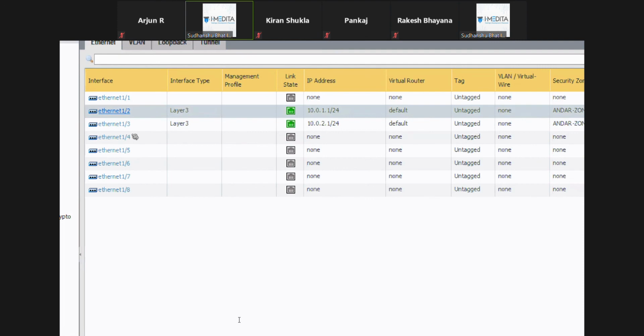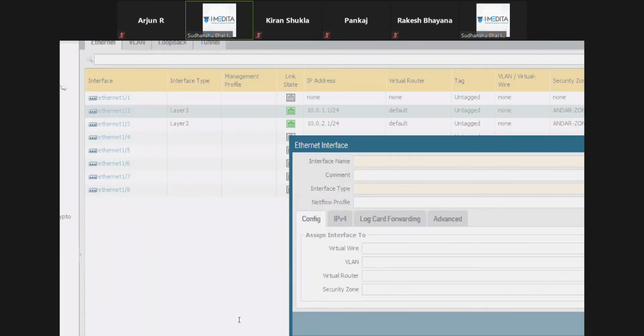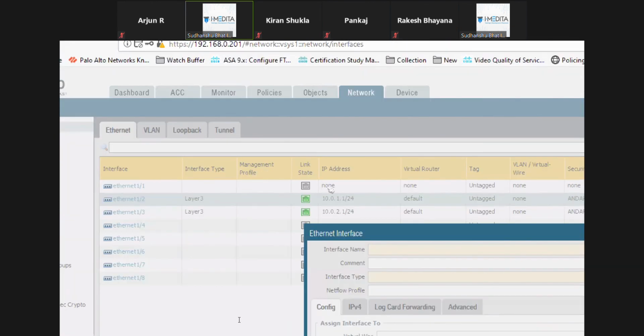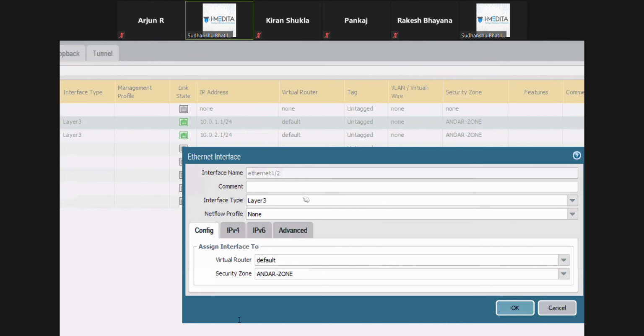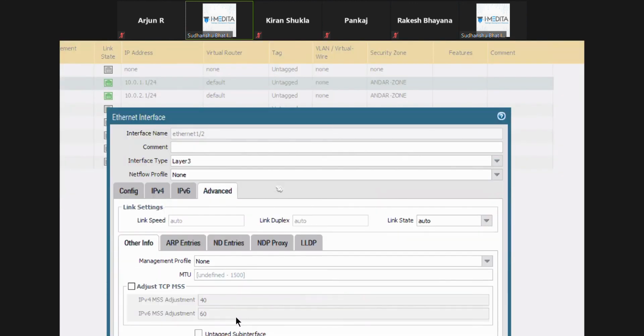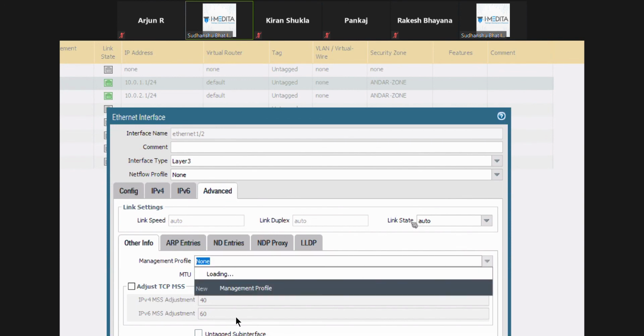then you will have to modify something here. Okay. I'll go back into Ethernet 1/2. I'm still in the network part. And here in advanced, you see there is a management profile. Now we have not defined anything in that.